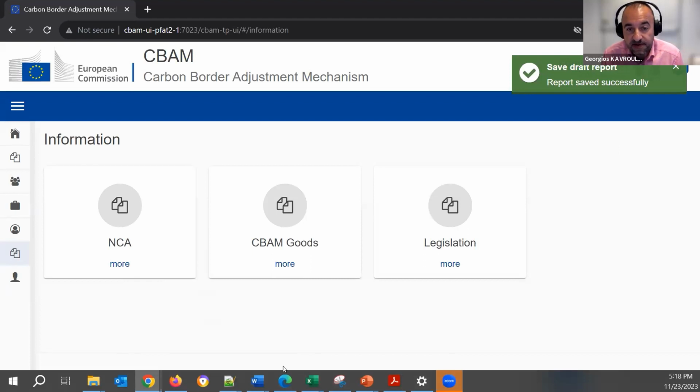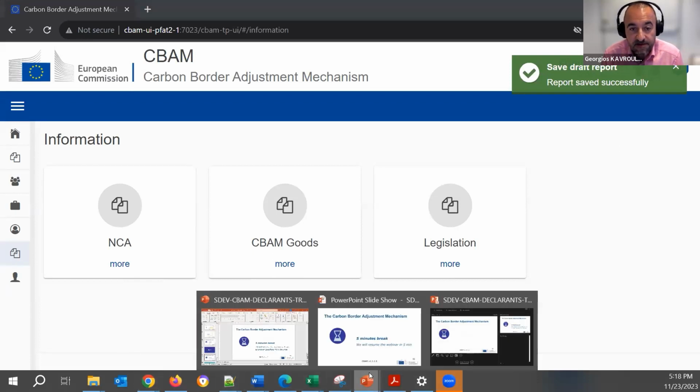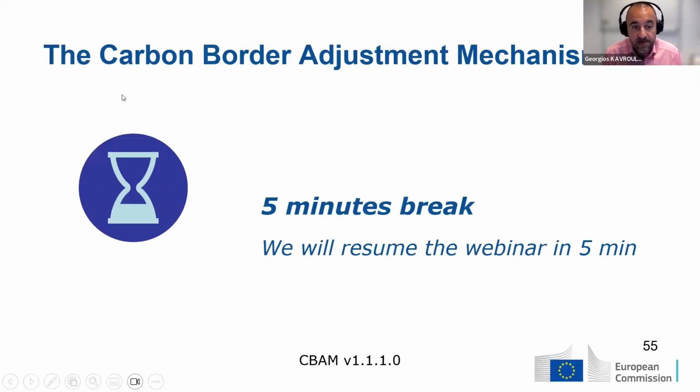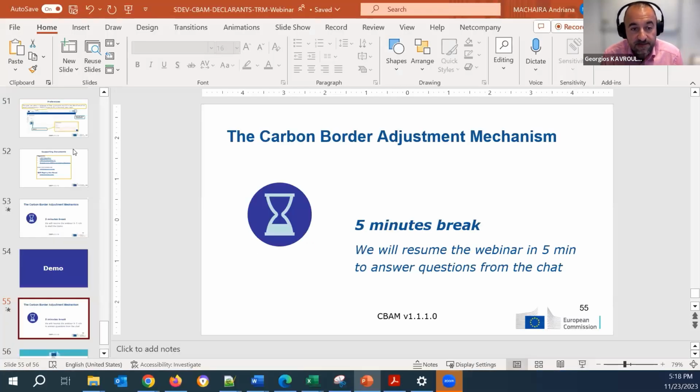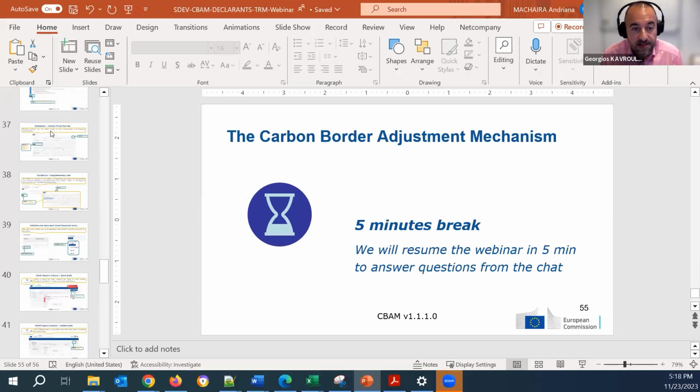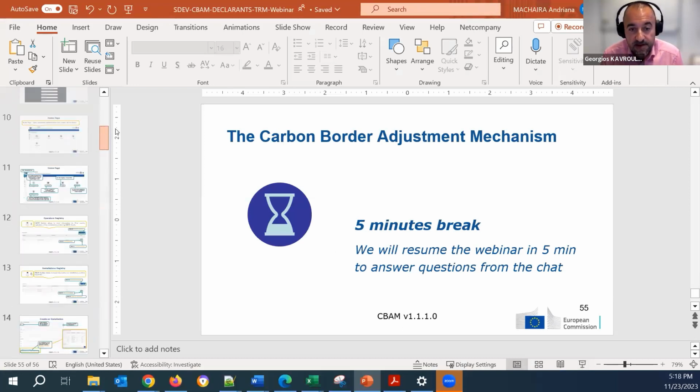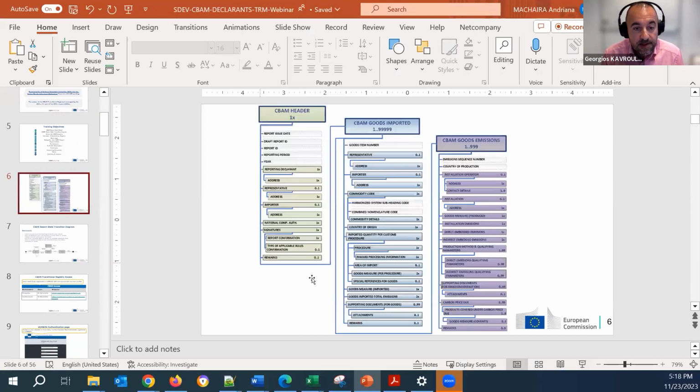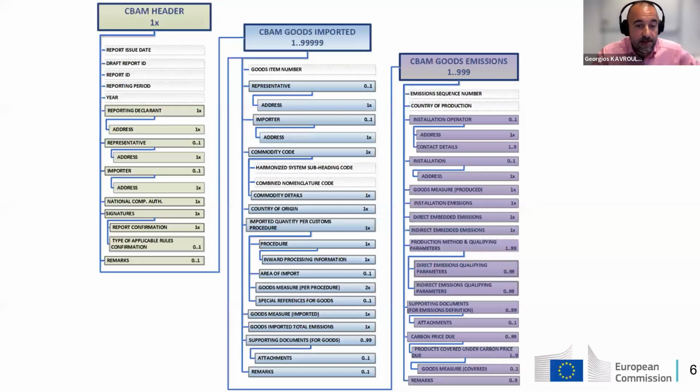Some fields are free text, where we have no predefined values, but wherever there are predefined values, you will be able to use this XLS that has different tabs for each list of data values that you need for specific elements. You can also consult the CBAM Europa site for all the guidance that is already published there, and it is frequently updated. You can also find there information about the NCA contact points. There is a provisional list. We have mentioned this at the beginning.